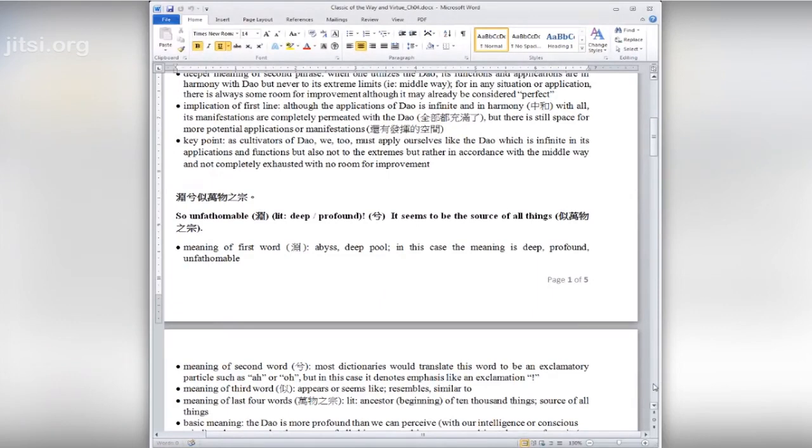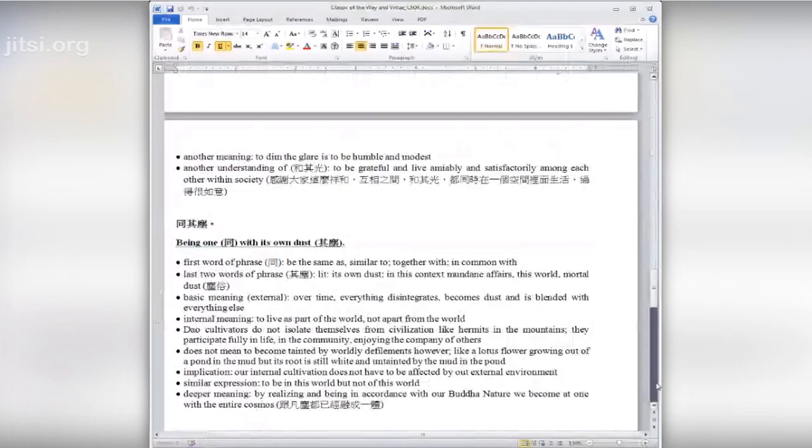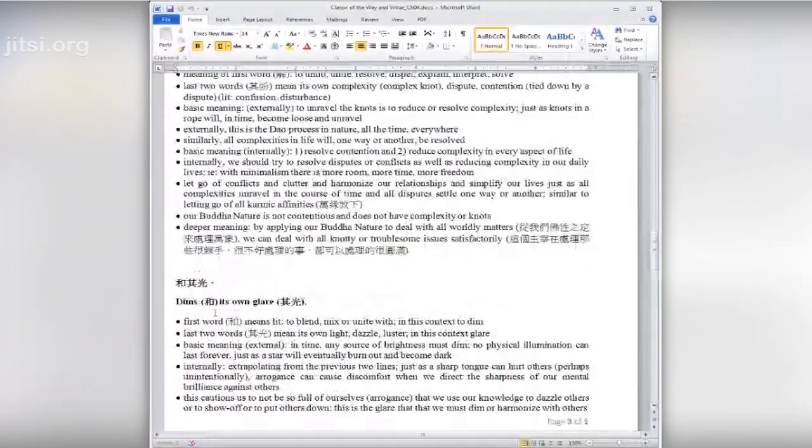We're going to continue with the Tao Te Ching chapter 4. We're going to finish chapter 4, okay? I think last week, or last time, I didn't finish chapter 4. So, let me